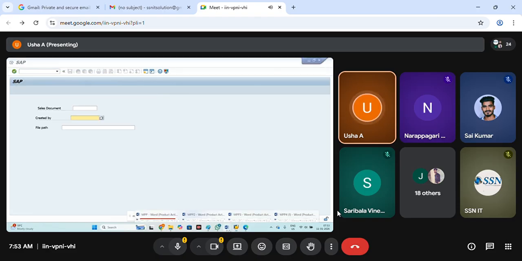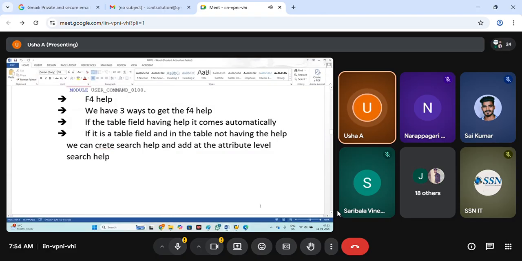Clear? So we have F4 help and F1 help. For F4 help also we have three ways. What is that? If the table field is having the help, it comes automatically. If the table field is not having the help and it is a table field, you can create an F4 search help and assign it at the attribute level.